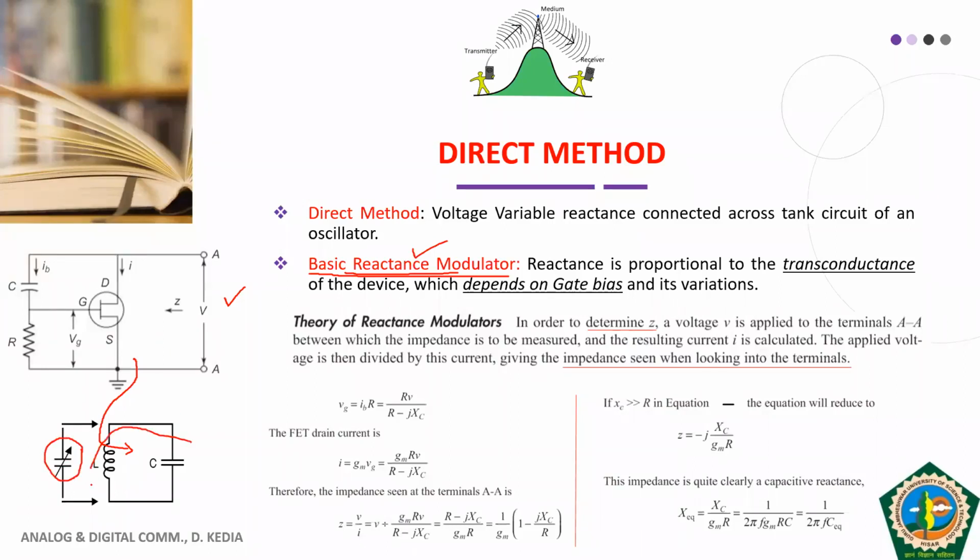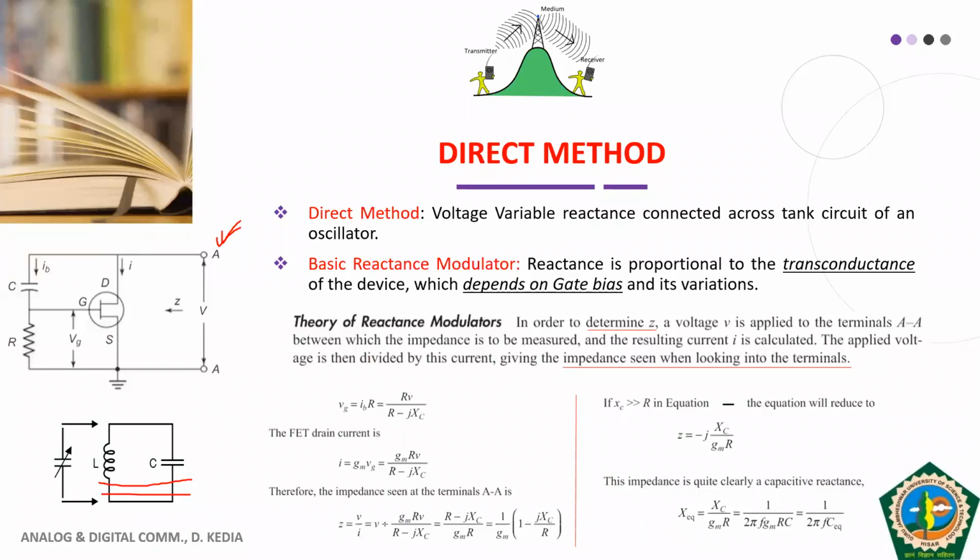This is another portion which will be connected to your reactance modulator. So you need to understand here that we are simply talking about the reactance modulator part. This reactance modulator will then be connected to your tank oscillator circuit. I hope all of you have been able to understand this.